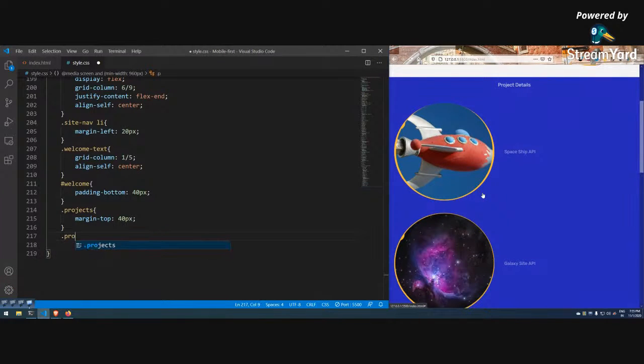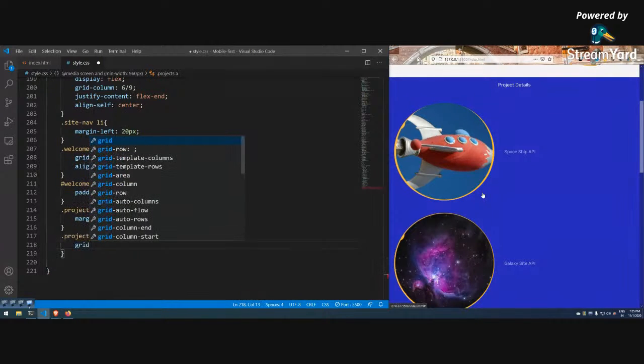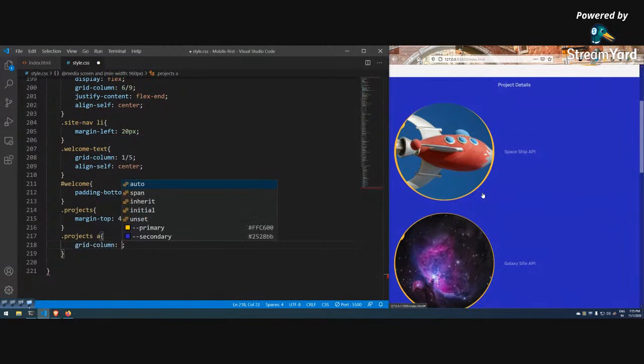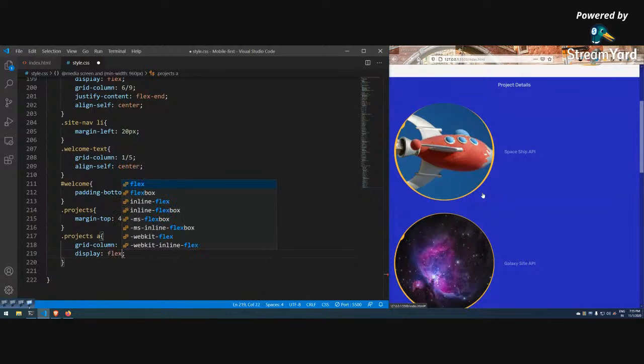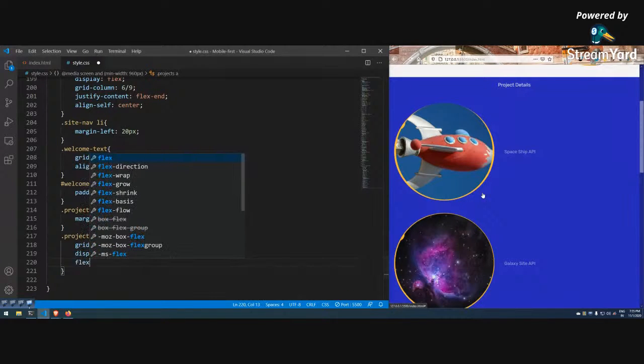Dot projects a, grid column span 4, display flex